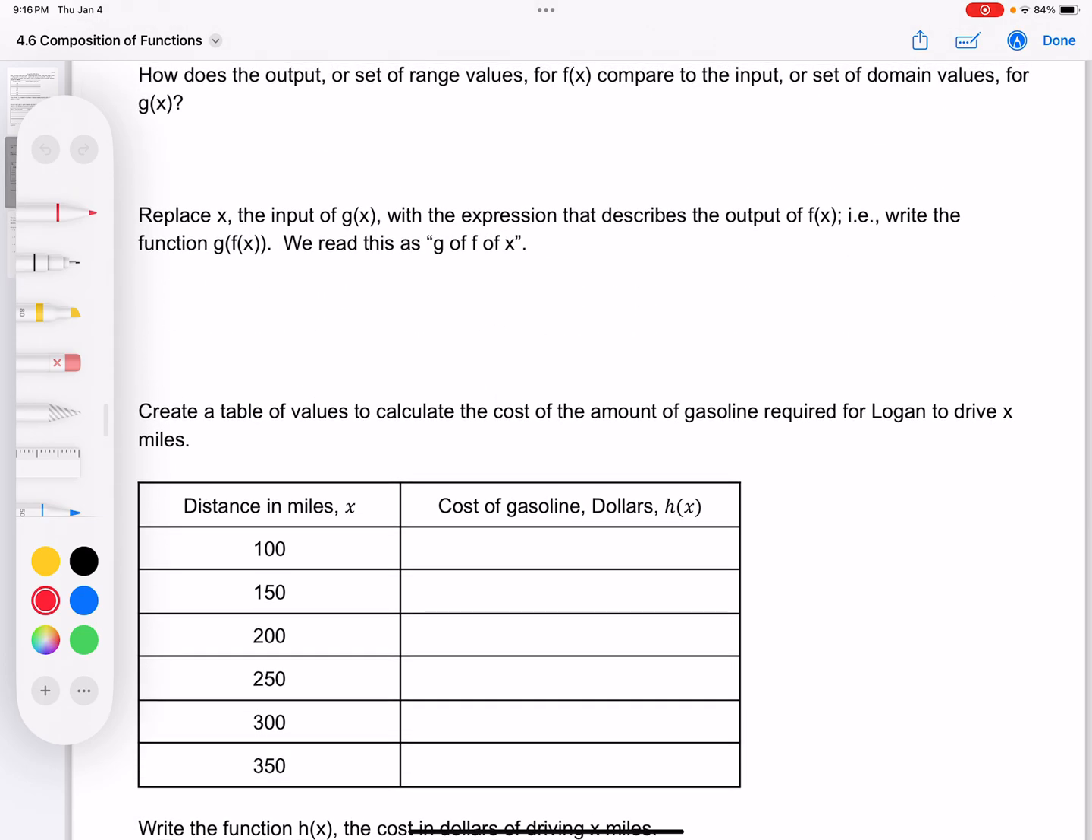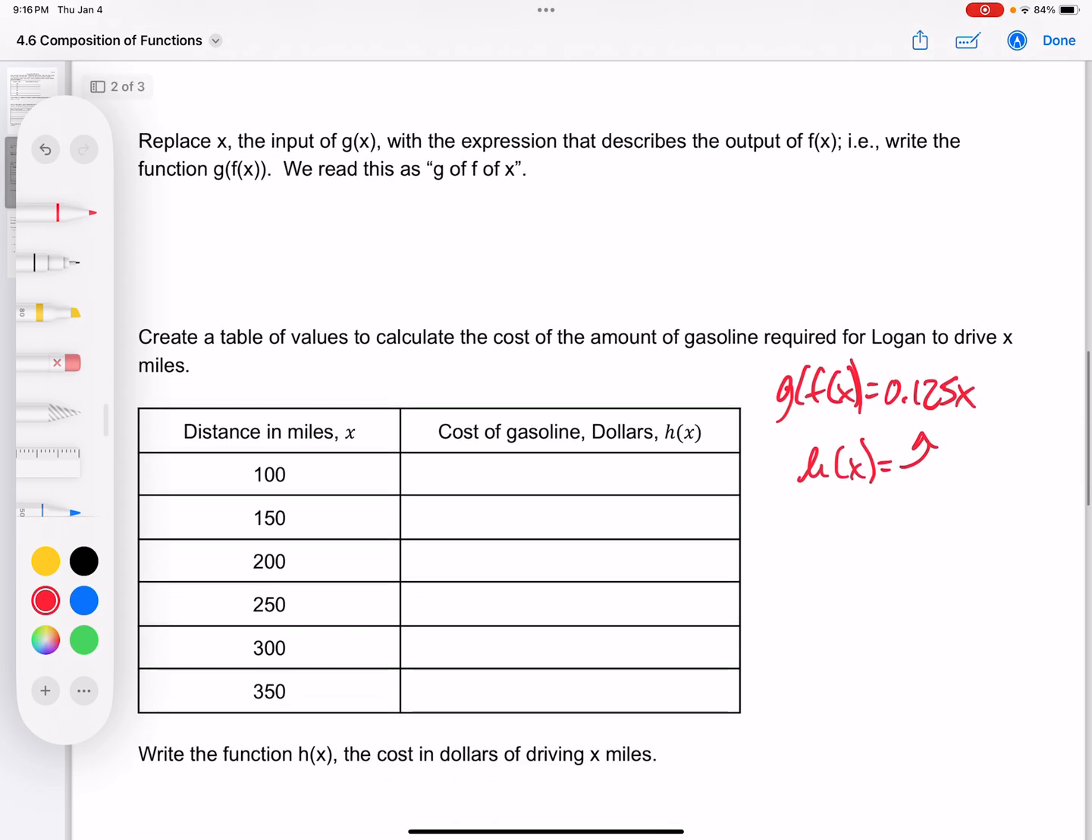So going back, sorry, we had g of f of x is equal to 0.125 times x. All right. So we are calling that h of x in this case is equal to this rule. So we would say 0.125 times 100, well, that's going to be equal to 12.50. All right. And then we would say 0.125 times 150,